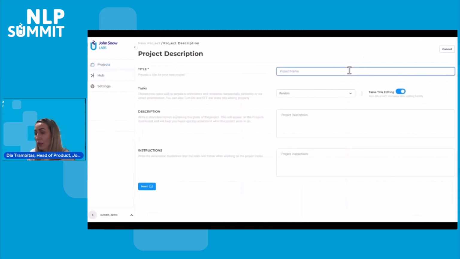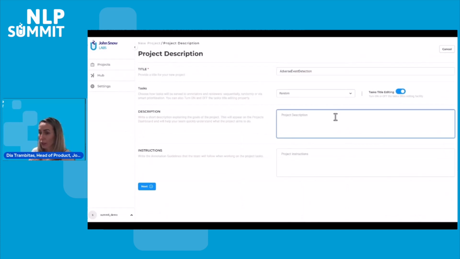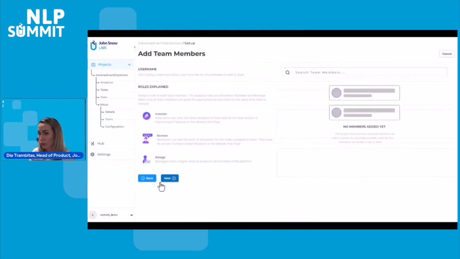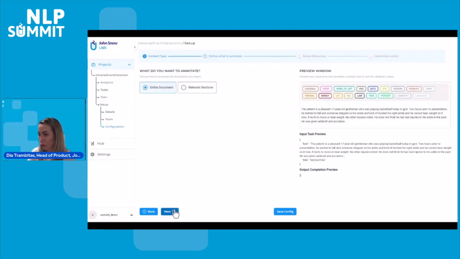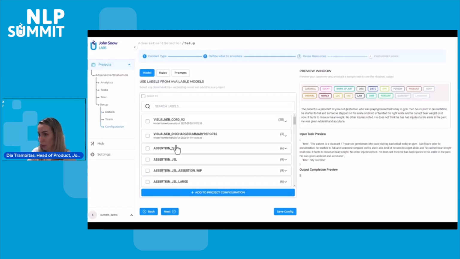Let's now see how we can combine pre-annotation resources as part of a project. For this, I will create a new project, put in a name or short description. I will skip the team creation part and continue with the default NER text annotation template. For this example, I will choose the entire document option for annotation, but when you are dealing with larger tasks, you can consider splitting them